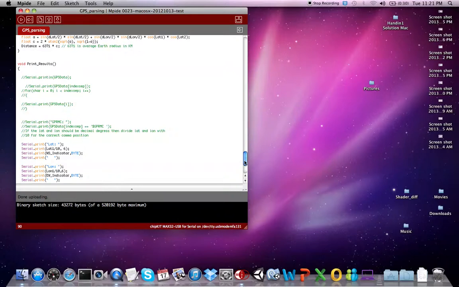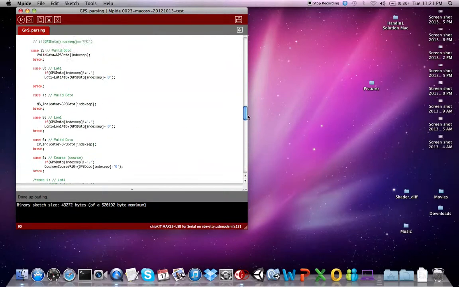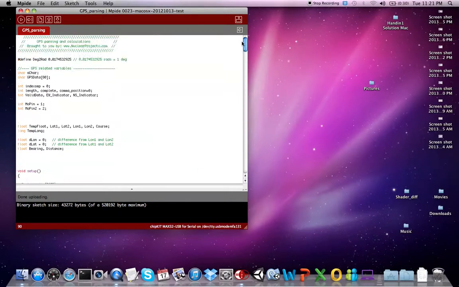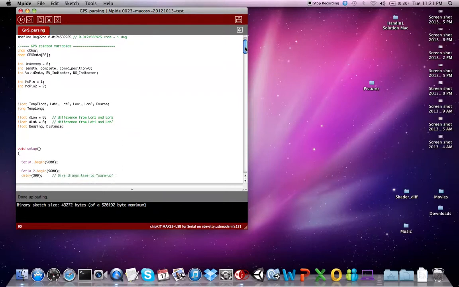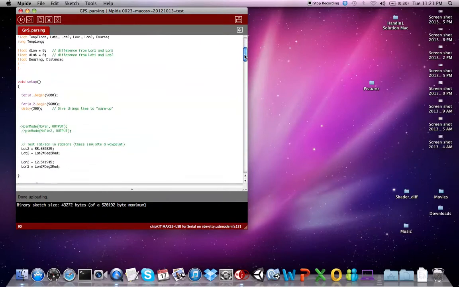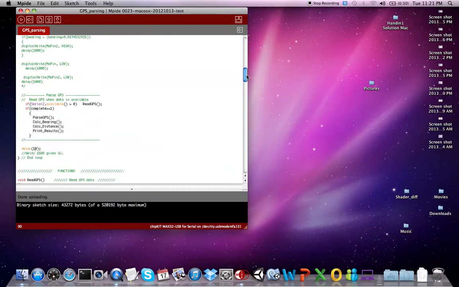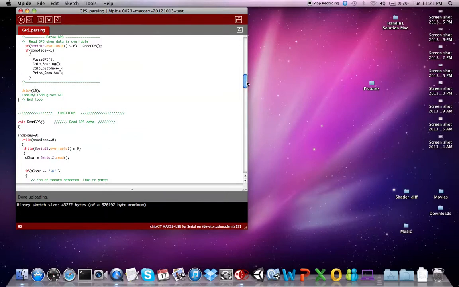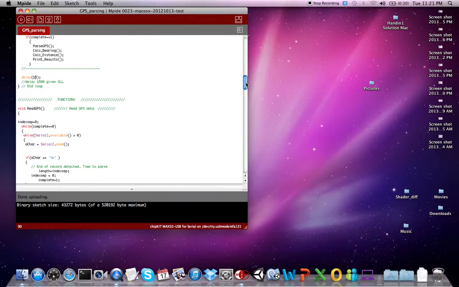Okay, so let's run through the code. I'm not going to go through this in detail, but it's delivered from nuclearprojects.com, and it actually has been set up for another GPS receiver than this one. So the problem is that they have been set up to read a specific string, and our GPS receiver spits out 6 NMEA strings, which is the standard for the GPS signals.